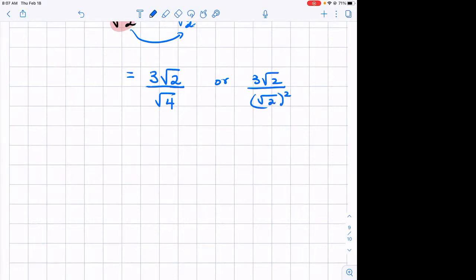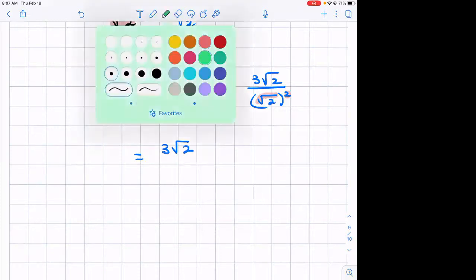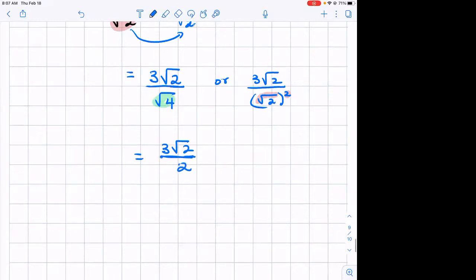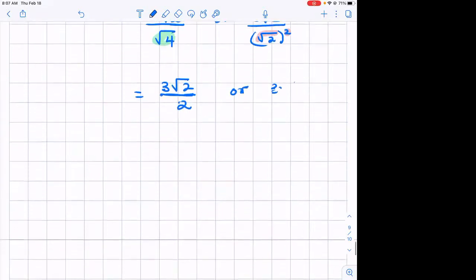You have seen that this 2 will cancel out the radical sign just because the root is a 1/2 power. Or you could have done it the first way: the square root of 4 is 2. So we have 3 root 2